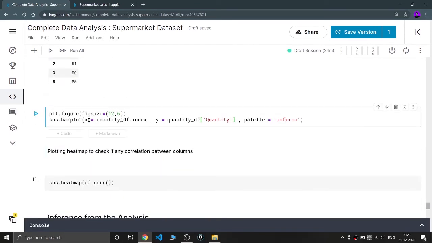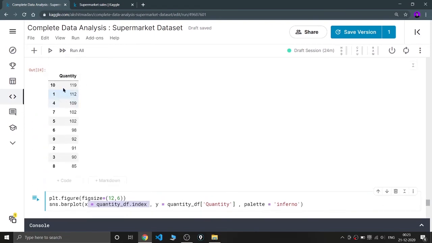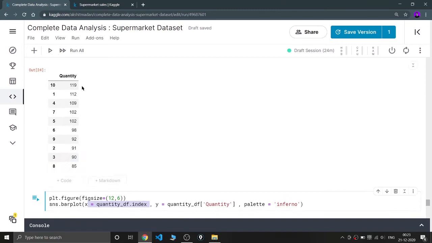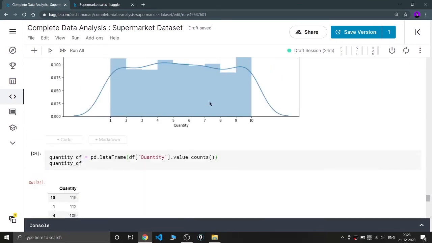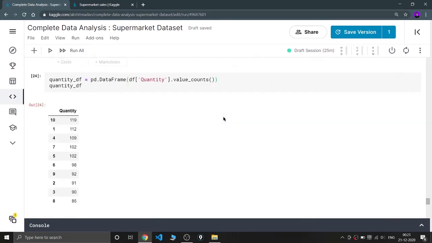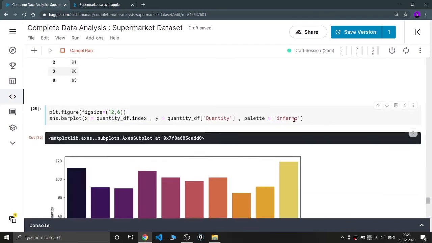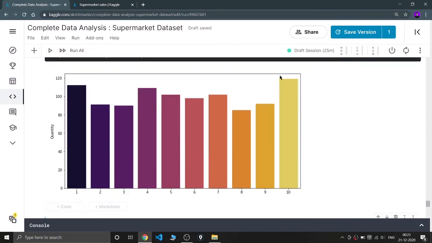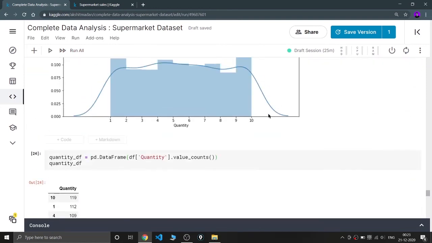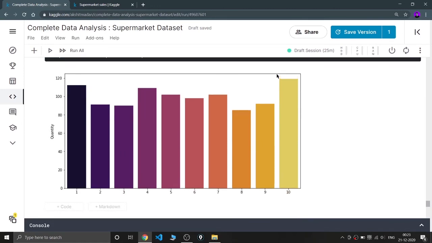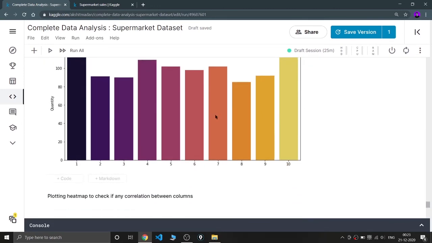So I'm doing nothing, just x is given as the quality df dot index, that is this one, index 1 2 3 4 5 6 7 8 9 10, and y is given as this quantity. Okay, I'm just plotting a bar plot for this dist plot, and palette is in fun, and I'll run it. As you can see, 10 quantities are sold the most, as we have seen in our dist plot also. So 9 to 10 quantities the most. Okay, so this was a basic